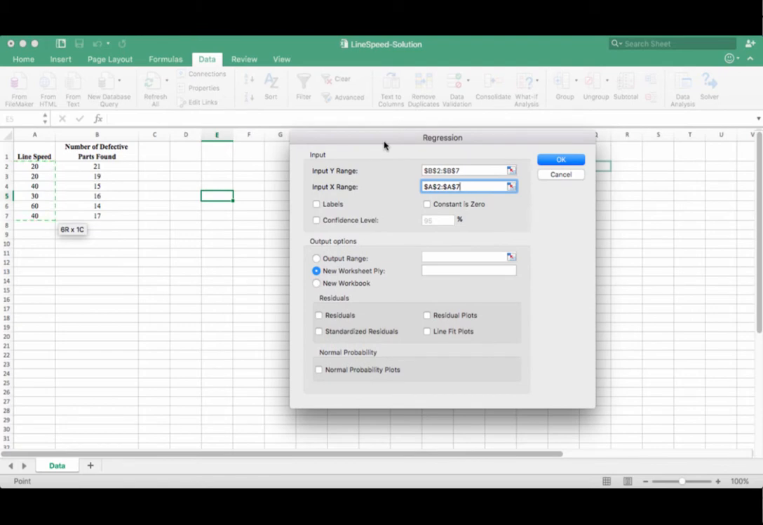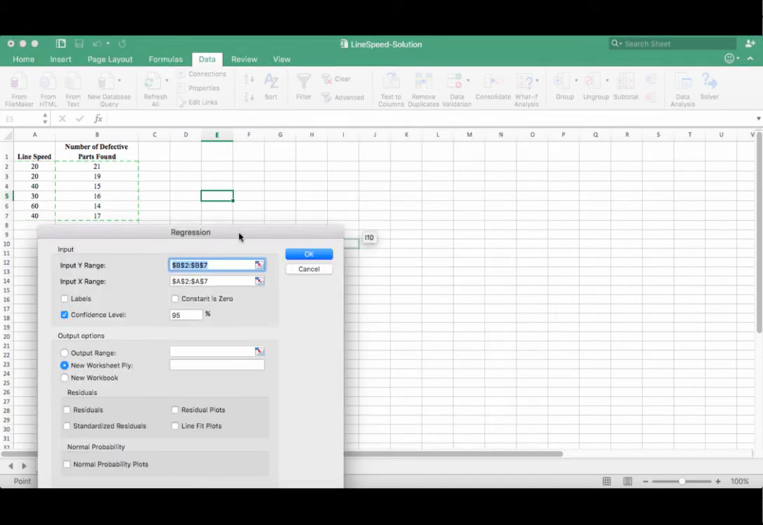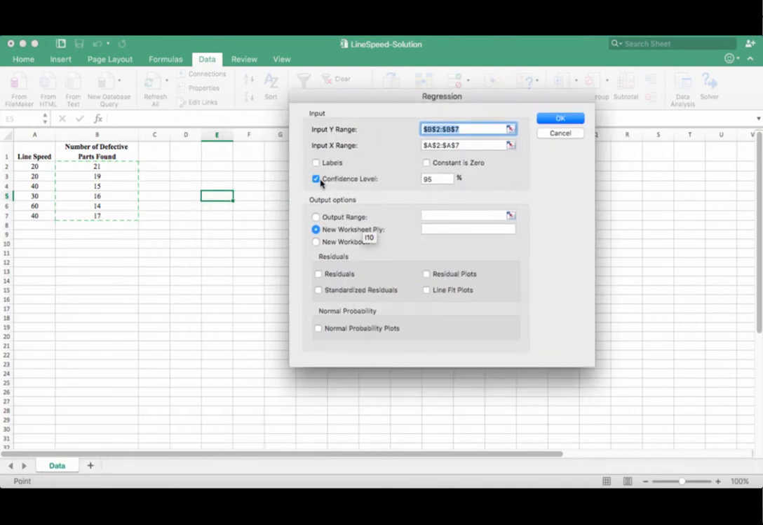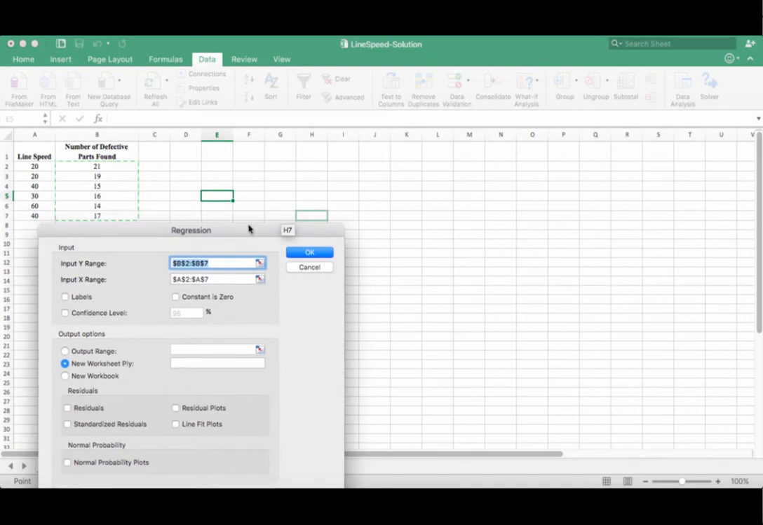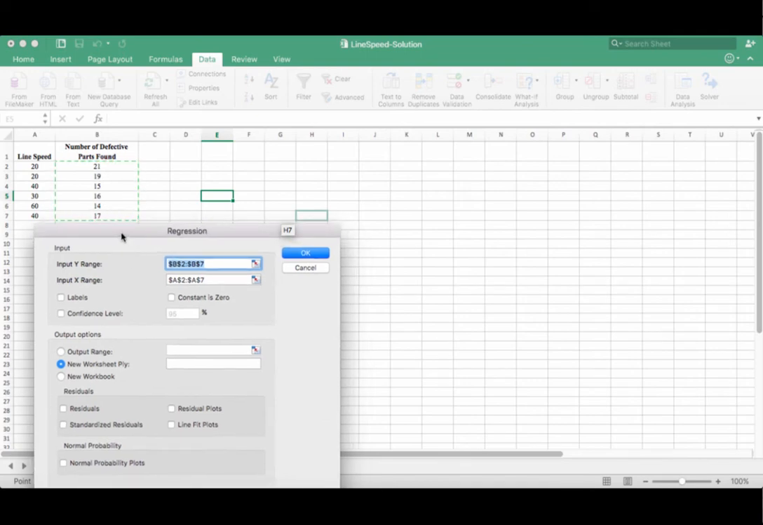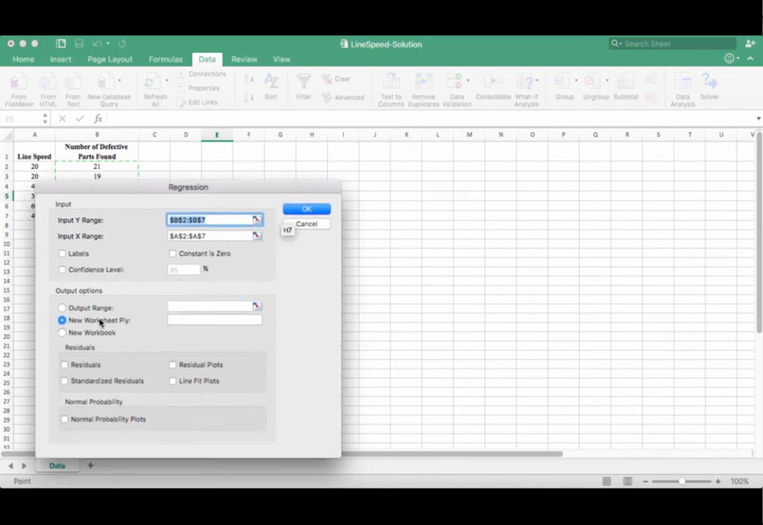So there are some options like constant to 0 that we don't want to do. The confidence level, we can basically do the 95%, or if we don't do it, it reports 95 and 99, so we just leave it like that. So we have different options. Output options,